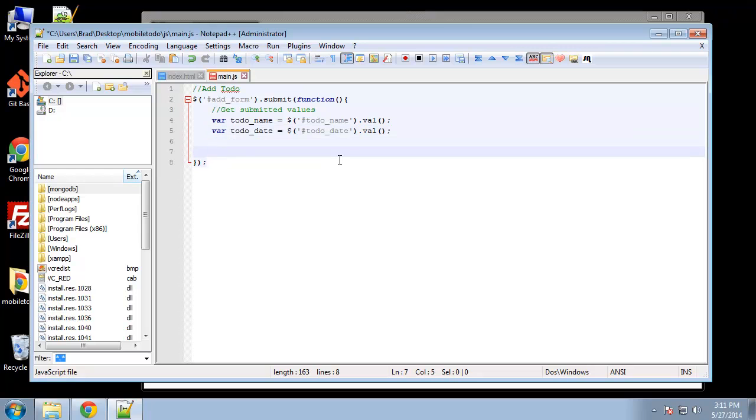Alright, so that's going to give us whatever the user submits. Now, let's do a little bit of form validation. We're not going to do anything crazy, just a couple checks. Okay, so we'll say simple